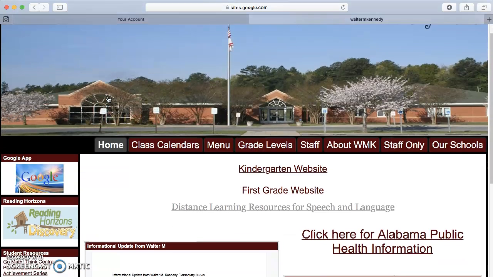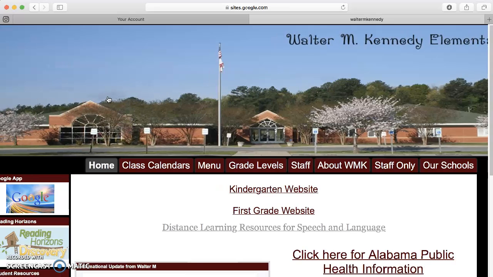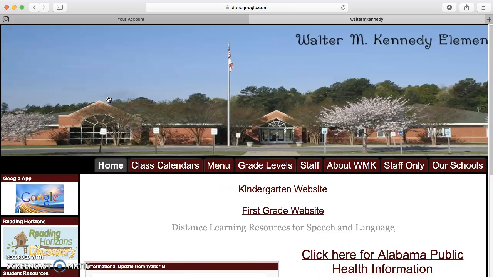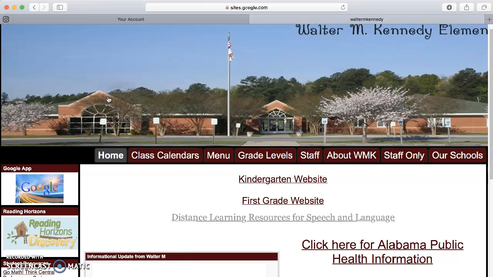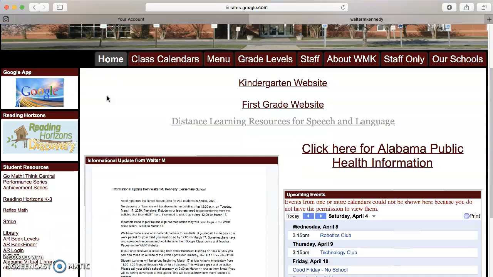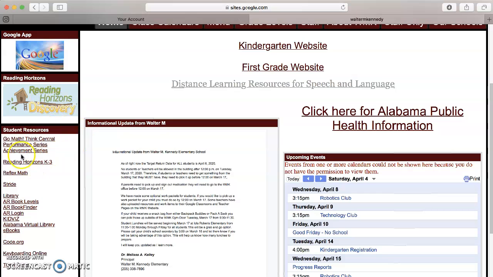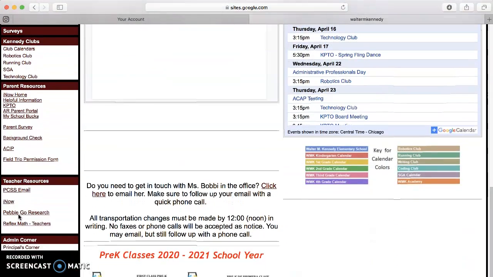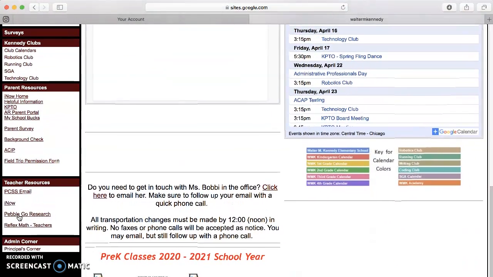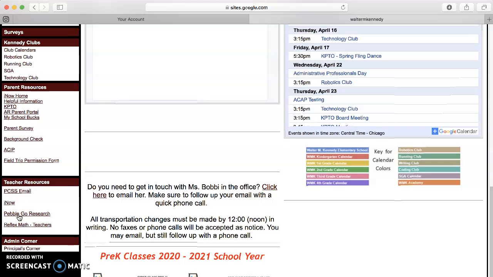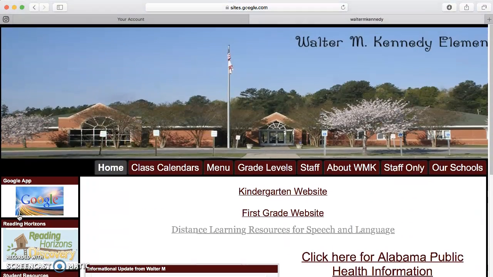Okay, when you're at the school webpage, remember guys that this school webpage can take you to a lot of helpful places. So, a few quick tips. You can access Google through the school webpage. You can access Reading Horizons. You can access Reflex Math, AR, and then if you scroll all the way down to the Teacher tab, there's our Pebble Go link right there at the bottom, okay? So, I'm going to go ahead and direct you back up to the top